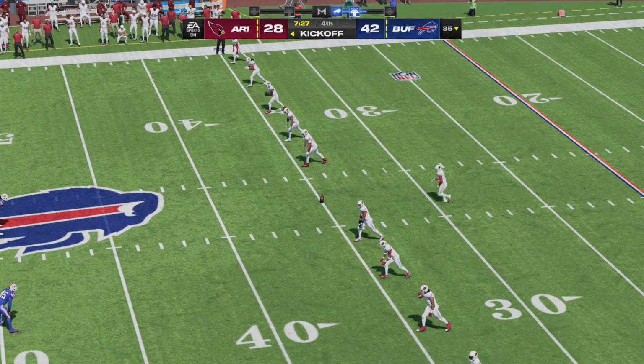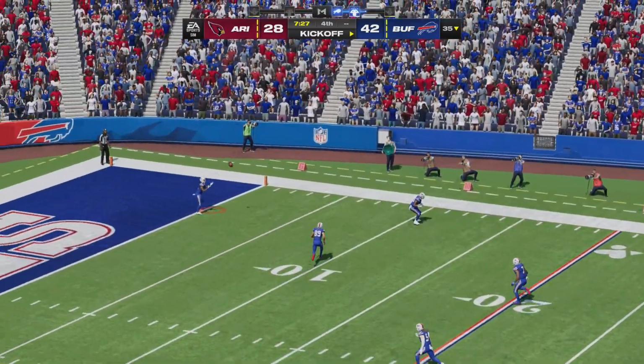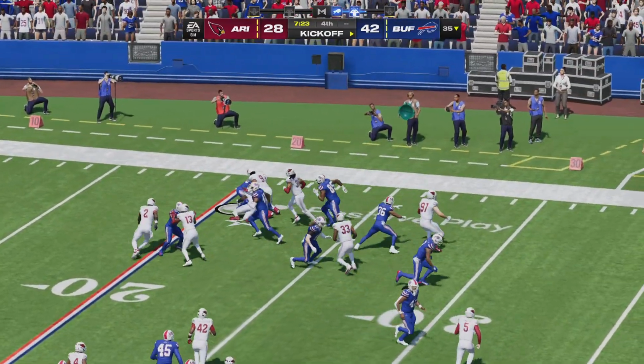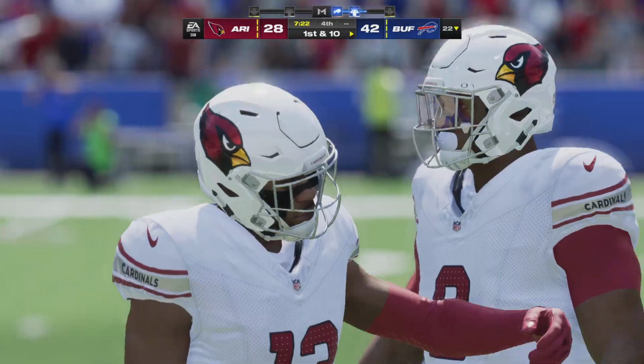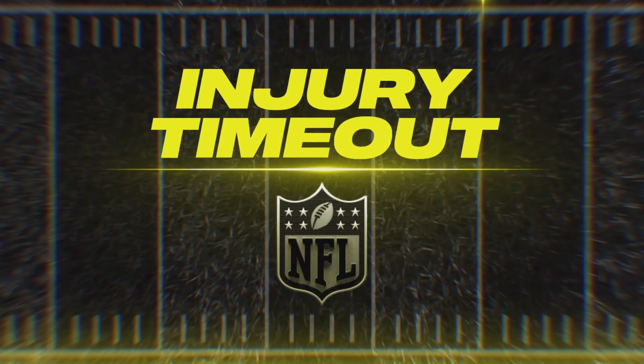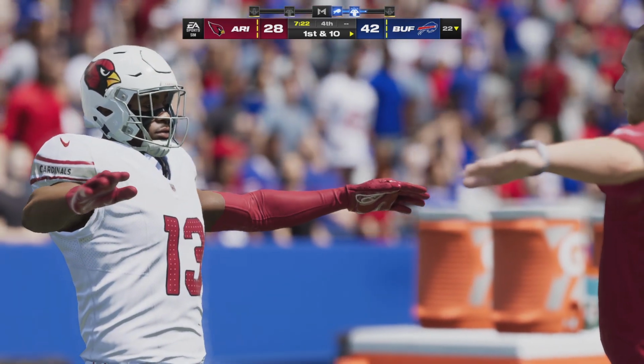After the touchdown, out is Prater to kick. This taken in at the goal line, and he returns this to the 22. Now we're going to get a stoppage here as we've got an injured Cardinal on the field. We'll check on his status when we return to Orchard Park.